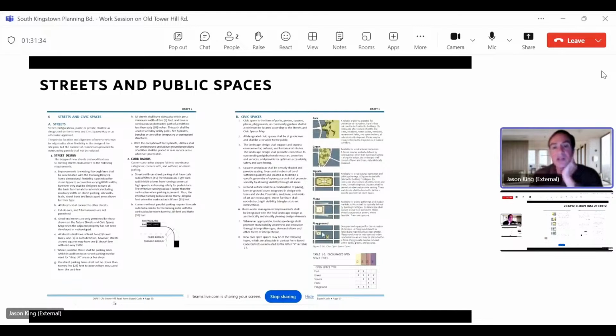So curb radius, street design, no cul-de-sacs, building streets need to connect. We're also talking about civic spaces, and this is very much the New England tradition. The squares and the greens and the parks. This is making clear that the required open space has to be designed. It just can't be the remnant of the subdivision process. It can't just be that swampy spot over there. They're actually requiring these civic spaces. We're not requiring very much. The requirement is small, but nevertheless, we're requiring them to be designed.